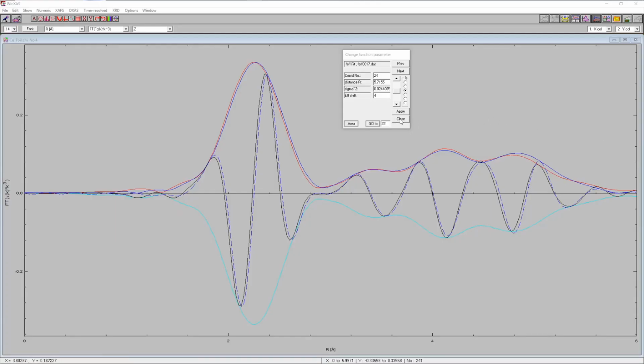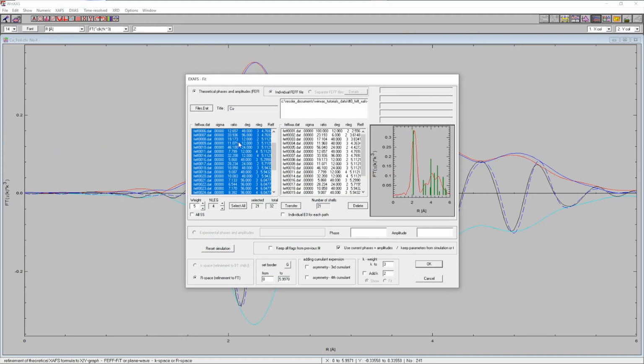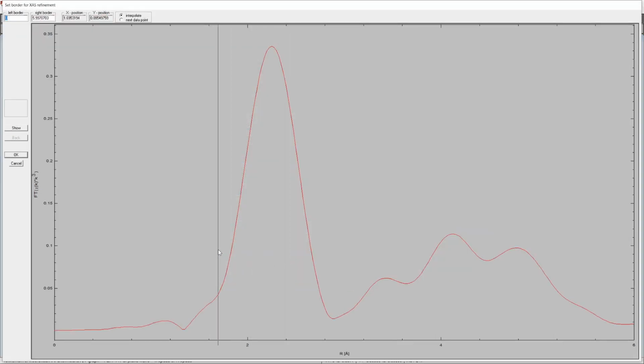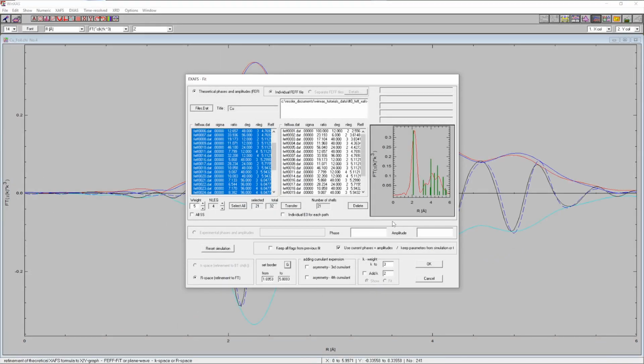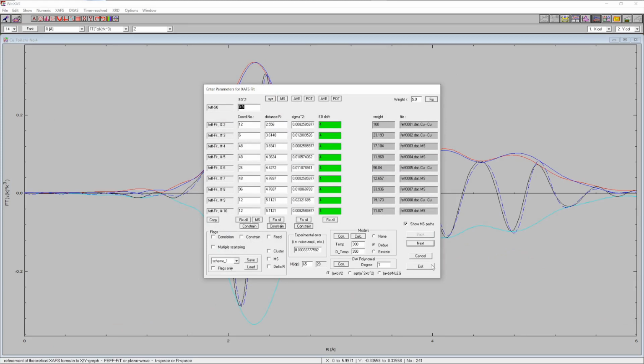So let's try an EXAFS refinement. We use the same number of single and multiple scattering paths. We select a suitable range in the pseudo-radial distribution function, and okay. So now the question is, what can we use to reduce the number of